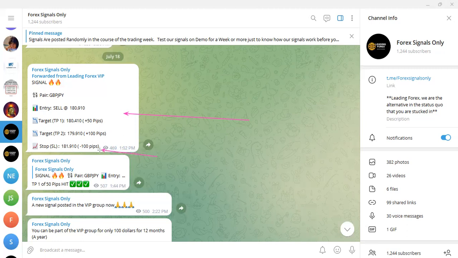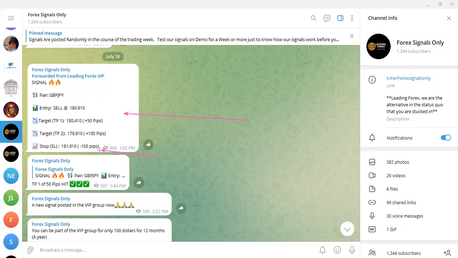That is too much for some of us having an account balance of $10, $20, $50, $100. Because if you are giving us a trade with a stop loss of 100 pips, then it means that we cannot trade such a signal because our account balance is very small. That is not true. Even if your account balance is $10, you can trade this signal.